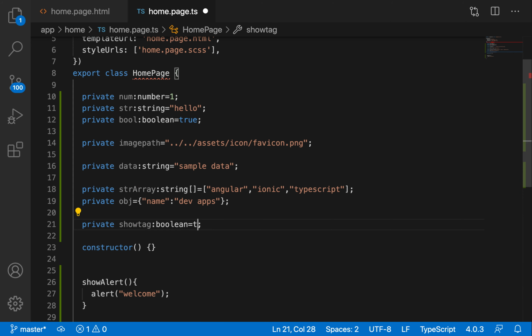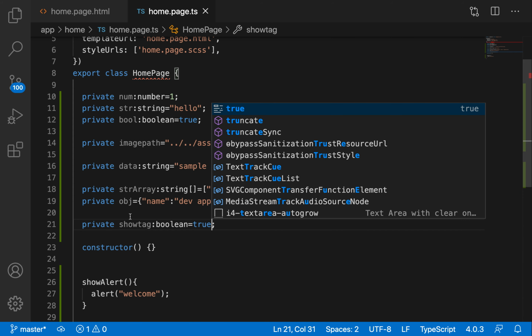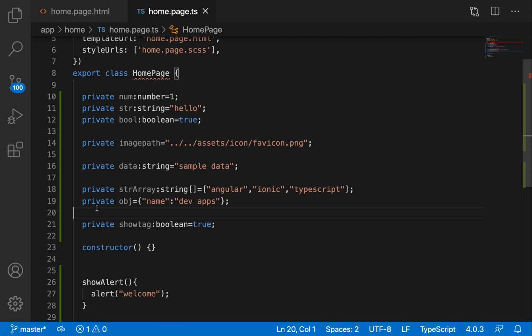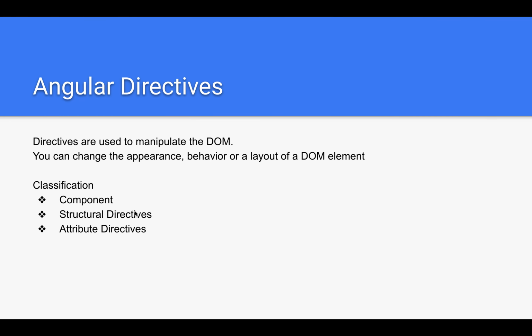When I change the condition to true, see here, the tag is now visible. So based upon the condition, you can show and hide a tag with the help of ngIf. That is about your structural directives.